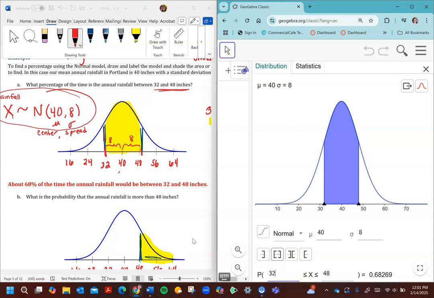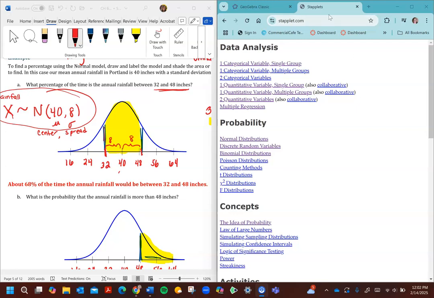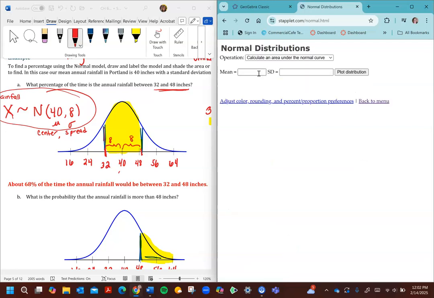That's GeoGebra. Now a quick look at how to enter it into Staplets, and then we'll do some more practice problems in a different video. Okay, so to use Staplets, we're going to go to staplet.com, and then we're going to click under the probability category. We're going to click normal distributions. And we need to put our mean in as 40, our standard deviation as 8. And we also have to make sure that our operation is calculate an area under the normal curve,